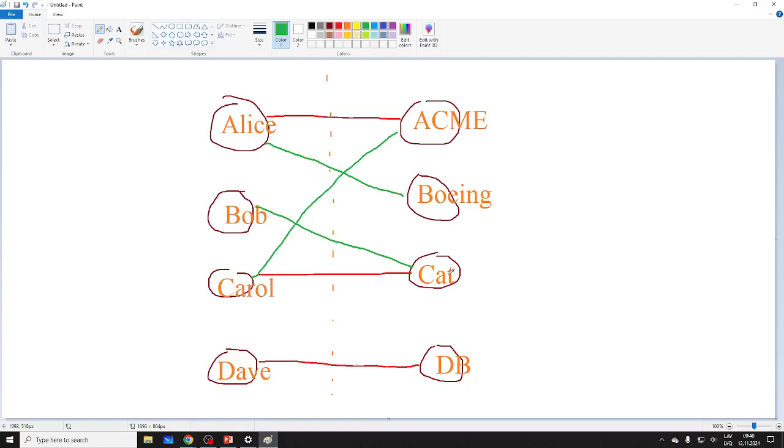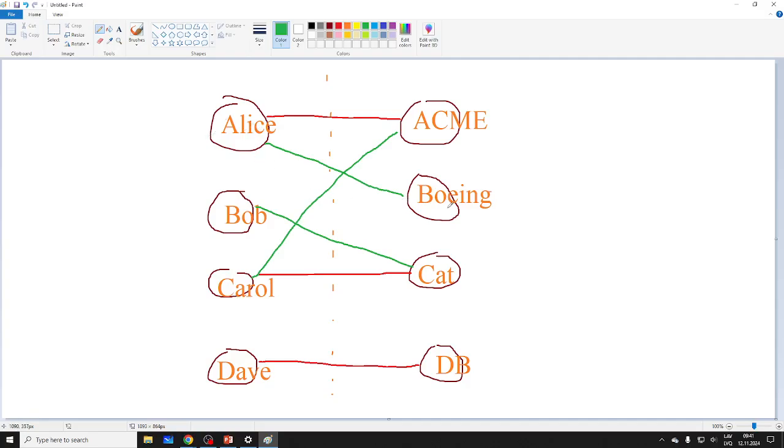So we try to find and put this edge. We have somebody, either one of the sides is not assigned yet. We try to find the matching, saying okay, this is a possible improvement. Again, Carol and Acme would be a harder case, even though this is part of the solution. But I think the approach is that we need at least one of these edges to be new, not used before, one of the